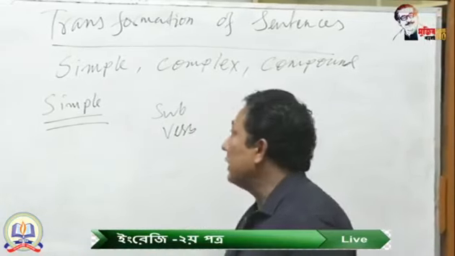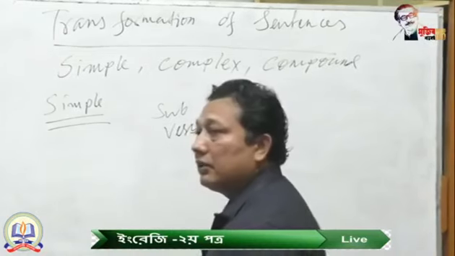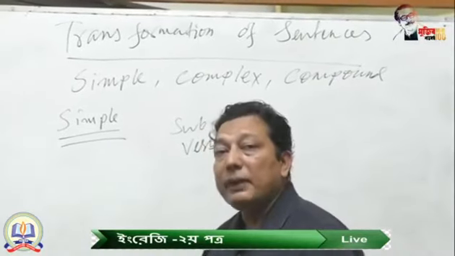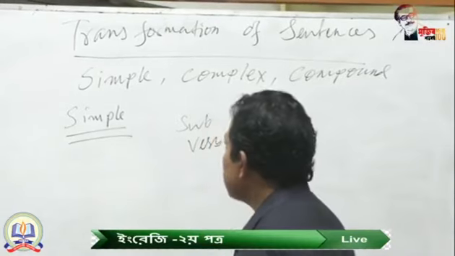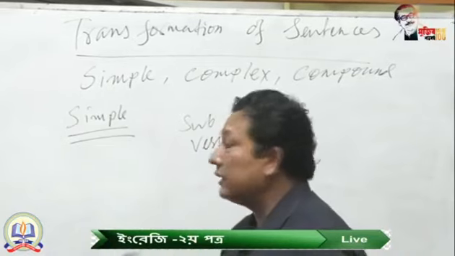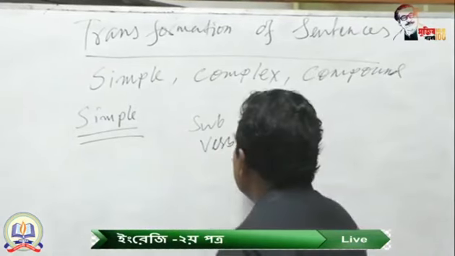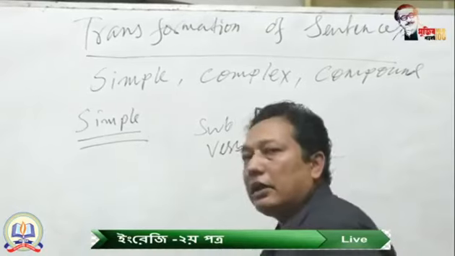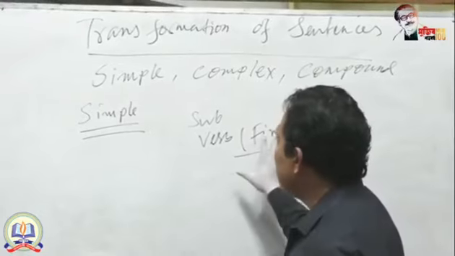If you get a subject and a verb, you can think that it is a sentence. Of course, it has to have completeness. Without a complete meaning, you cannot say that it is a sentence. So you have to ensure whether it has a subject and a verb. What type of verb? There are different kinds of verb. This one is a finite verb, and a finite verb is very important. A finite verb indicates the completion or completeness of a sentence.